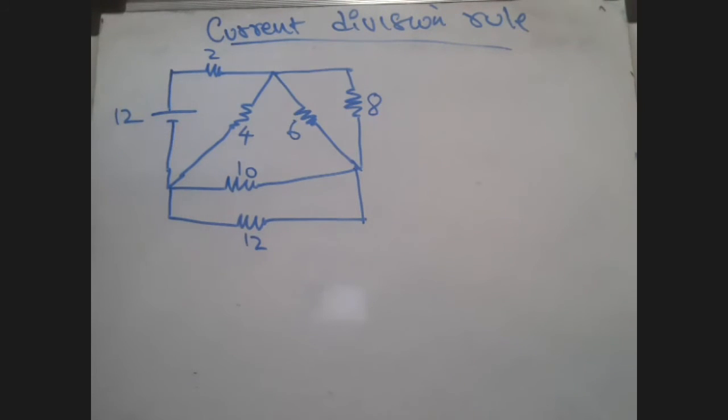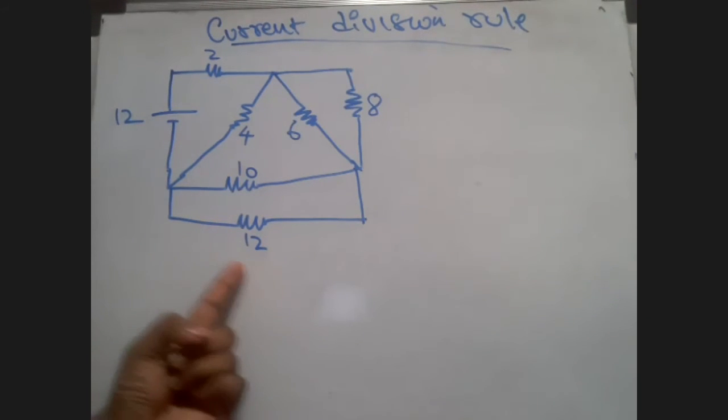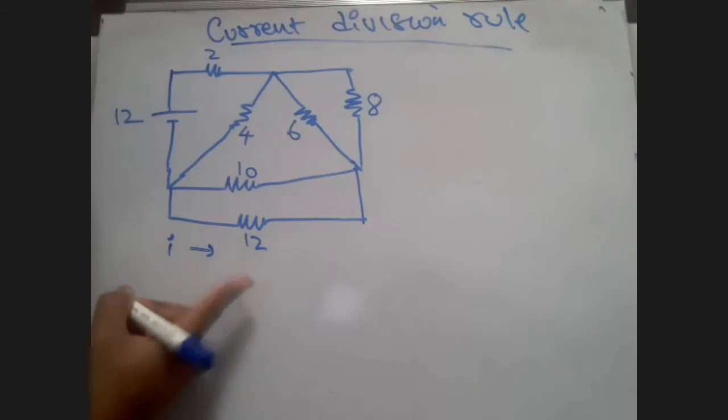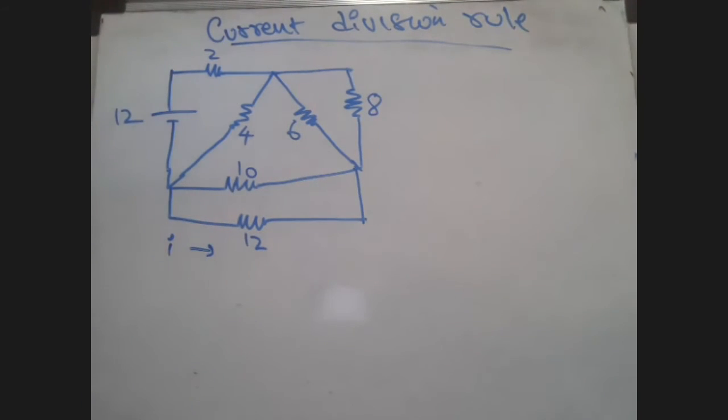Okay, so now listen. The simple question is, I have to find out the current through this 12 ohms. Find out the current I through this 12 ohm resistor. That is my question. No problem. To find out the current through this 12 ohm resistor, first, as in all the previous questions, we found out the total current. So to find out total current, we will find out the equivalent resistance. Can you all contribute to this?